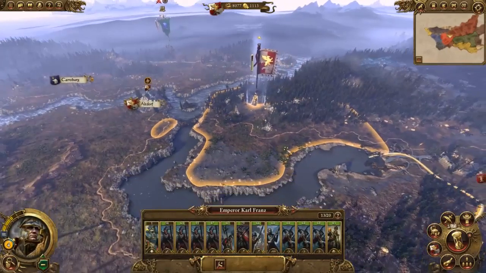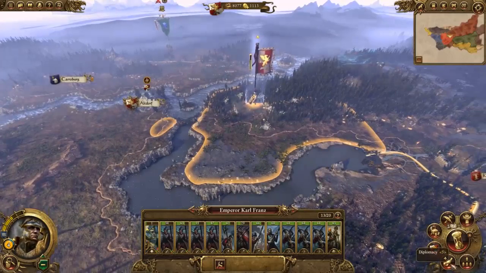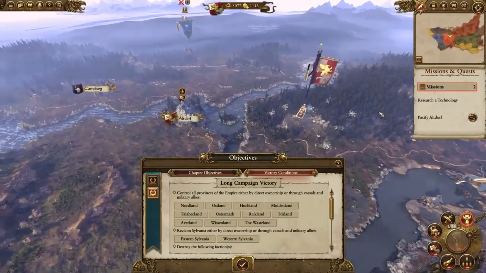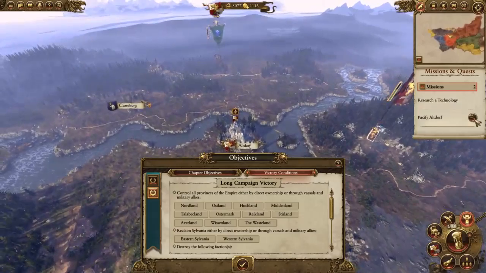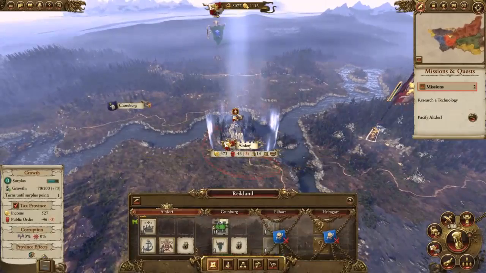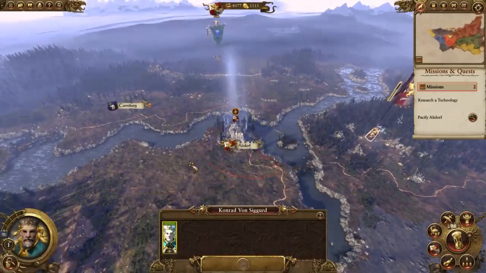So, what we're going to do next is have a look at our objectives. What's the objectives button? This button. We have two missions. Research a technology and pacify Altdorf. This will happen in 7 turns. Pacify Altdorf we need to figure out. And we also gained a battle wizard. So this guy...